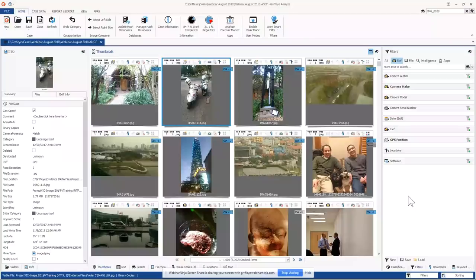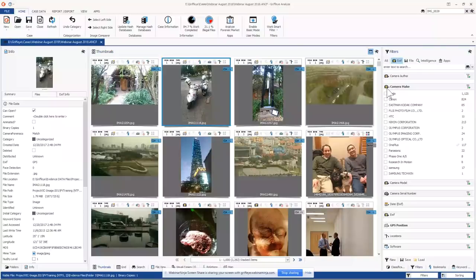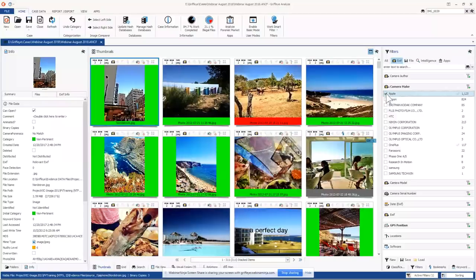this case. So one of the first things we can do is, let's assume you've done a search warrant at an offender's house, or you have evidence at their house. You found some cameras and you want to see exactly what photographs have been taken with the cameras that you found on scene. So let's say, for example, you found an Apple. You didn't know what it was. It was some type of an iPhone. So you can quickly select that box.